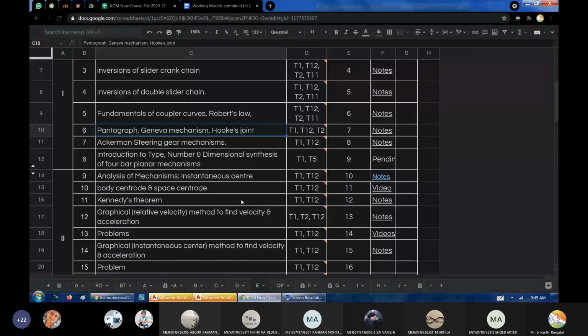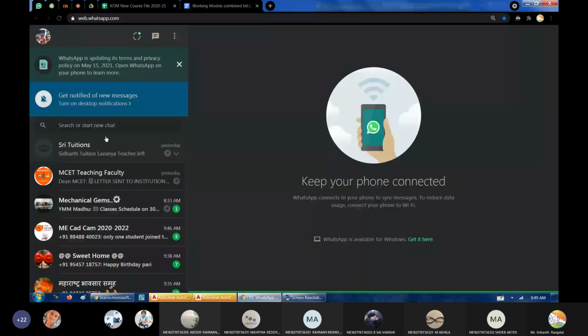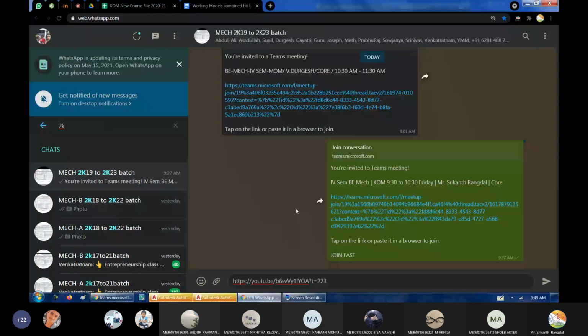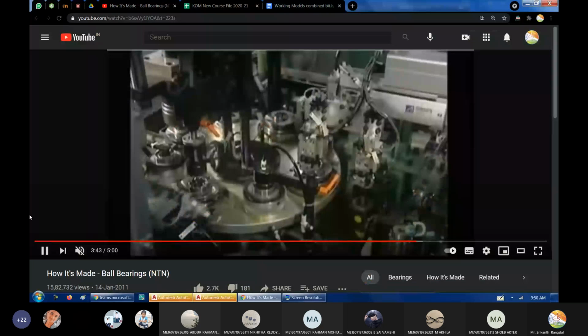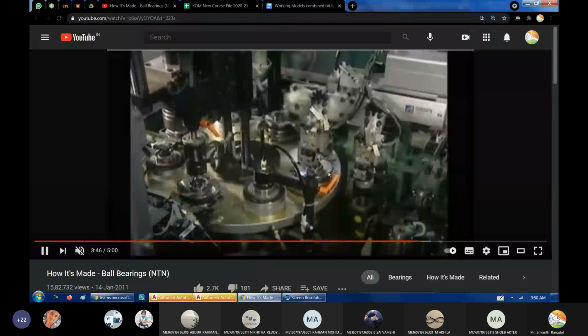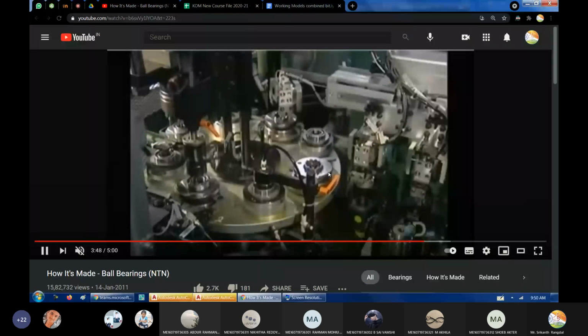Okay. So let me just quickly share that link here as well. If you click this, it will exactly begin at this particular moment. You don't have to watch the full video. This is the only part which is useful to us. We want to see how fast the table is rotating and for how long it is remaining stationary.